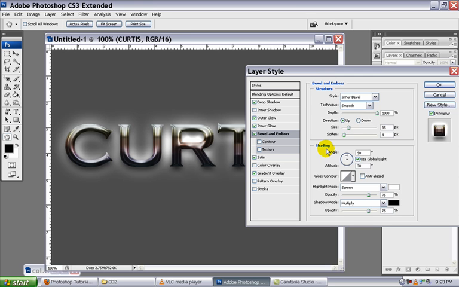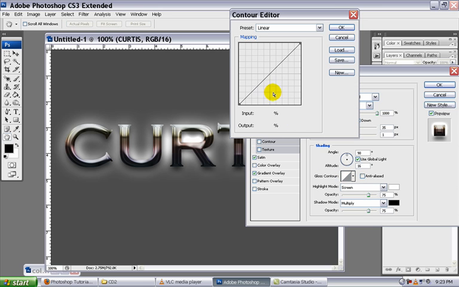For my shading angle, I'm going to keep at 90, and for my altitude I'm going to make this 16. And for my contour, this is the part that gets a little tricky. For my contour, I'm actually going to click on the actual contour line here, and I'm going to make a